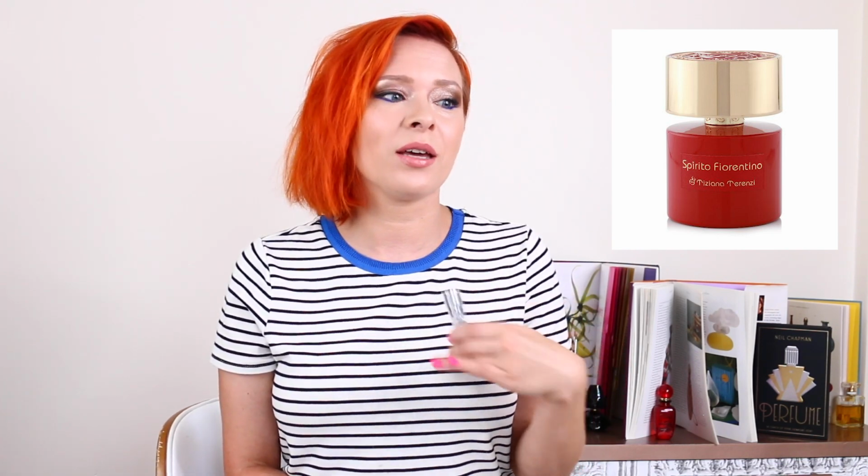Those are really appreciated by people who like beast mode type of perfumes. I am not a big fan, but before I say no, I should at least give it a try. And Spirito Fiorentino in particular has a very similar formula, it's a very close dupe to Francis Kurkdjian Baccarat